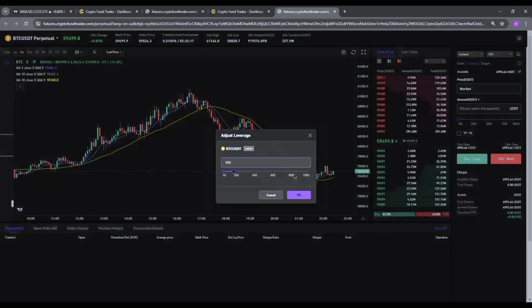Please pay attention to that, guys. This is very, very necessary. So I'm sure we are also familiar with leverage, right? For crypto futures, basically leverage just means that if BTC rises by 1%, let's take for instance now we